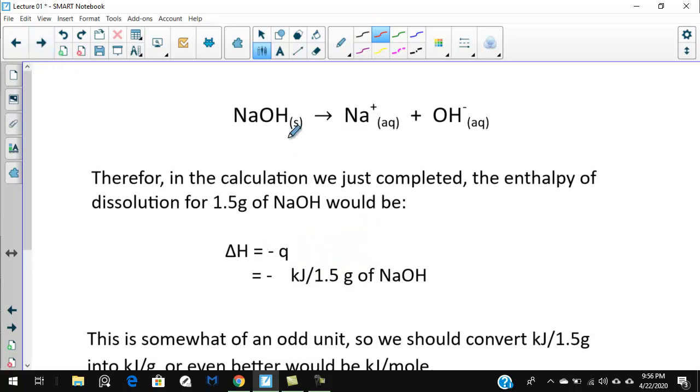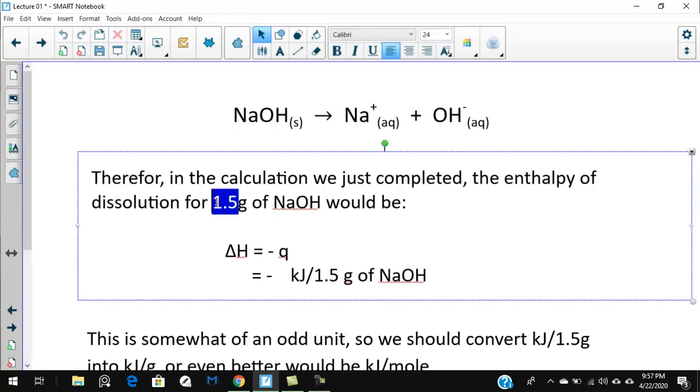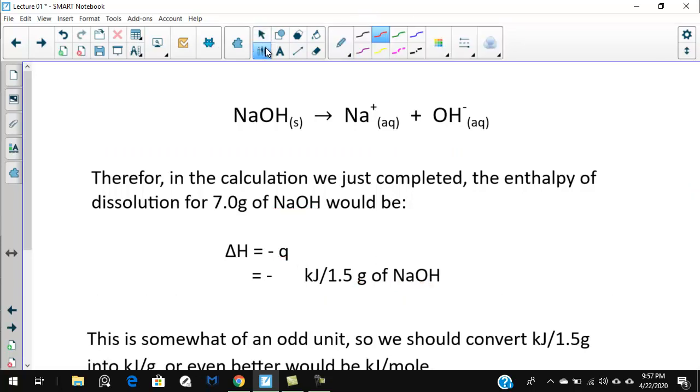Now, if we take a look at this reaction where we had NaOH going to form Na plus and OH minus, the calculation we just completed, then the enthalpy of dissolution, so what we would call this, and I've got the number wrong here, the enthalpy of dissolution, so how much energy was given off when we dissolve something, well, it would be equal to delta H equal to minus Q, and we just found out that Q was equal to, let me just grab a pen here again, sorry, was equal to